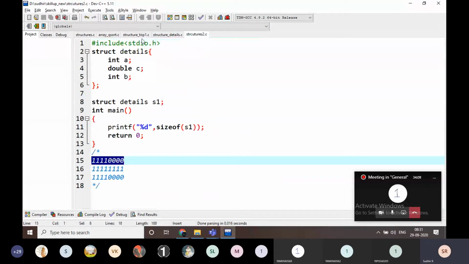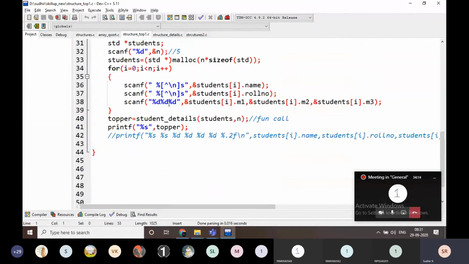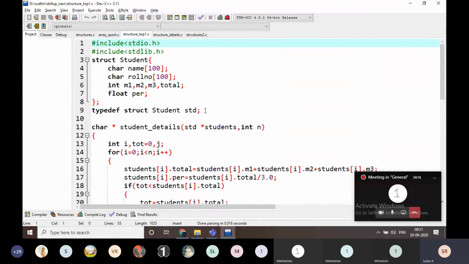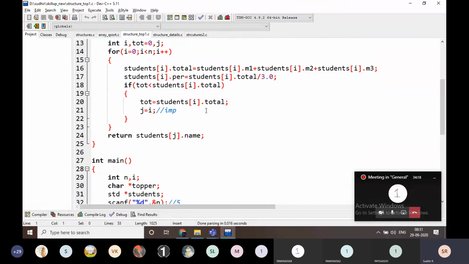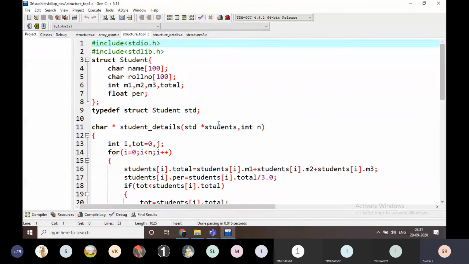What is our previous question? Yes, this one. For example, from this code, I am going to get who is the topper in the batch. It is going to display the topper of the batch.